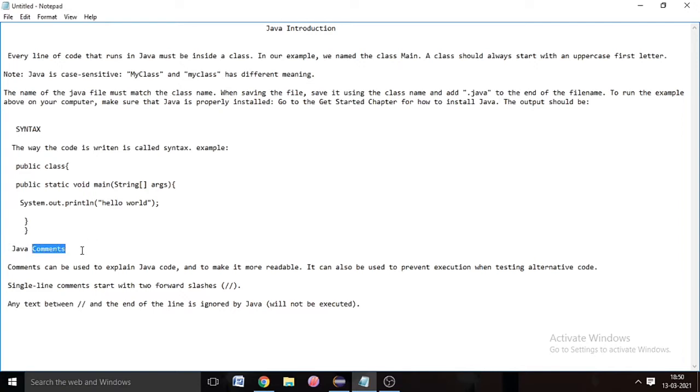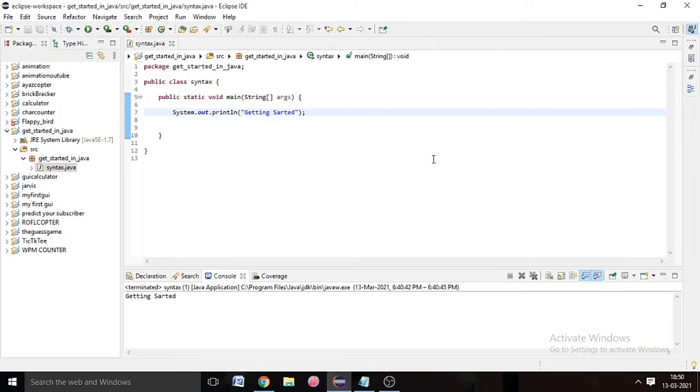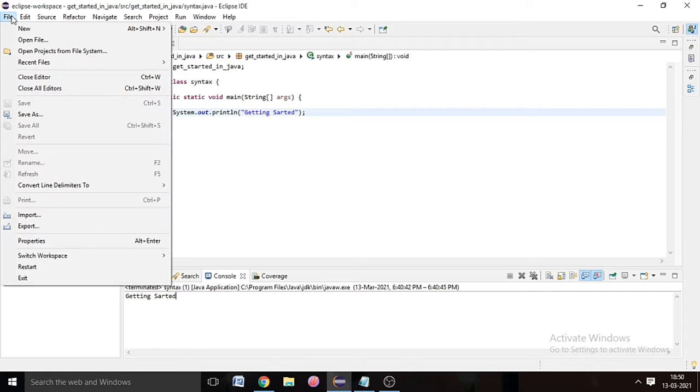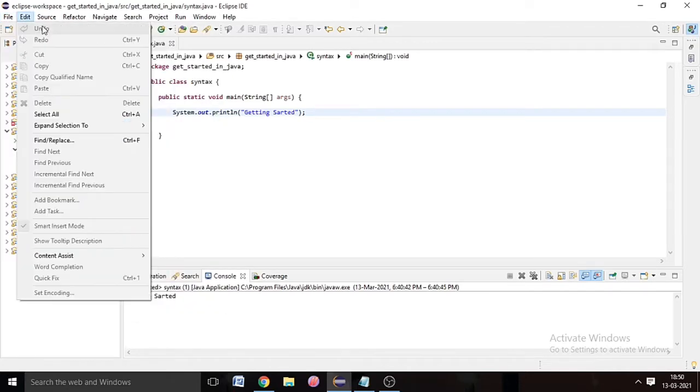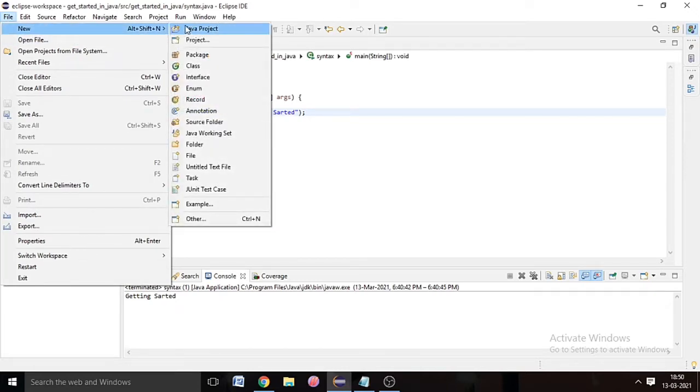So what are comments in Java? A comment can be used to comment a multi-line project. Here we will see it practically. First of all, we will create a new project. So tell me how we will create a new project. We will go to File, then New, then Java Project,